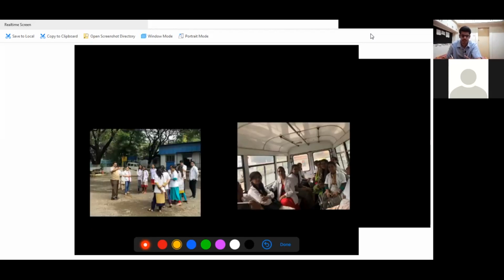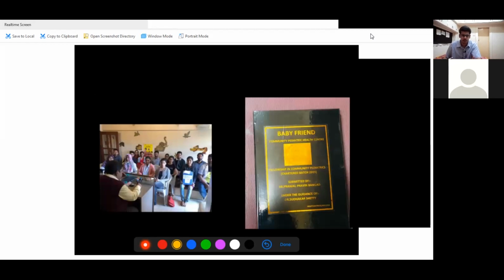Before the camp, we just meet up and discuss which doctor will take care of which counter. This is a part of the CCN course that we give. It's a free course for students who are in Pune. And now we are getting it online, which these lectures are a part of. This is the team going to the schools for a malnutrition camp. Then this is one of the CCN classes that should happen. These are the live classes, but since COVID, we have gone online. This is one of the batches.